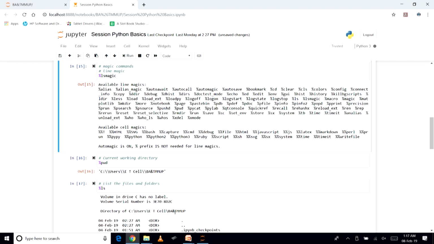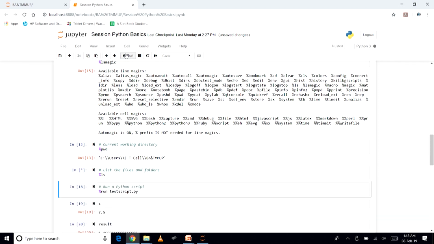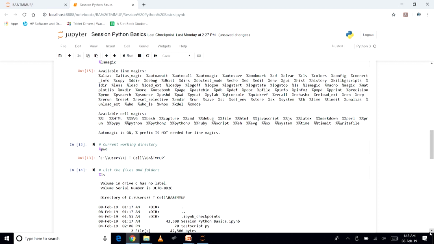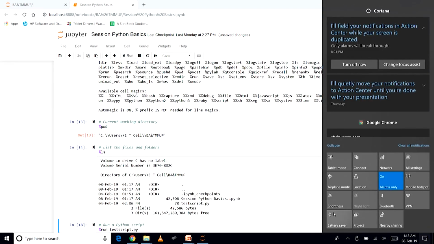Some of the magic commands we learned to use in the previous lecture. For example, if we want to find out our current working directory, you can see here the percentage operator and then pwd, which prints out the current working directory. Then, if you want to list all the files and folders, percentage ls is the magic command here. We can just run this, and whatever is present in the working directory is displayed, as you can see here.